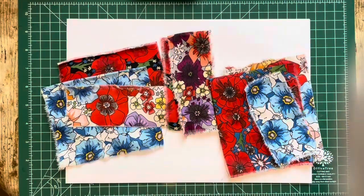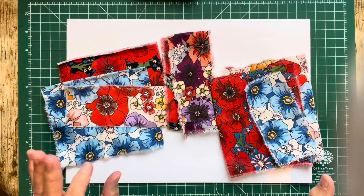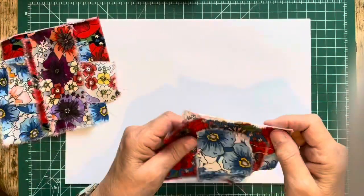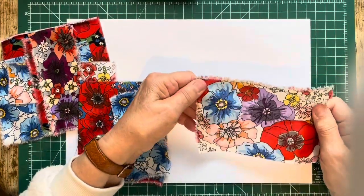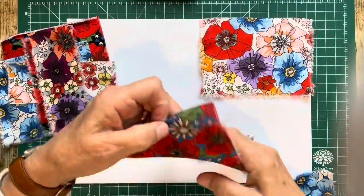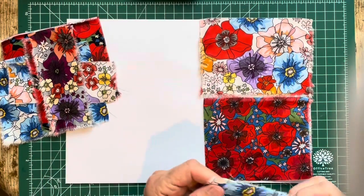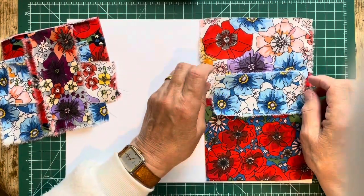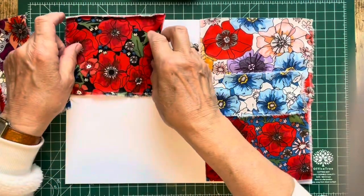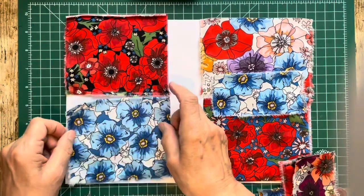Well, I've cut out the pieces ready. I'm not sure if this is going to work, but I'm going to give it a go. What I'm planning on doing is patchwork in these, but they're going to be sort of fiddly. I'm going to put them down like this, like that. Some are bigger than others, but it does not matter. That's going to go there. Then I've got a piece, I don't want the reds down at the same place, so I'm moving things around a bit. So I've got that there,